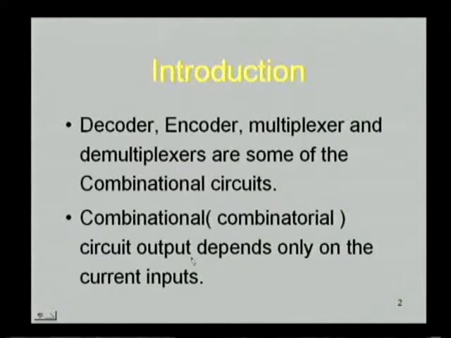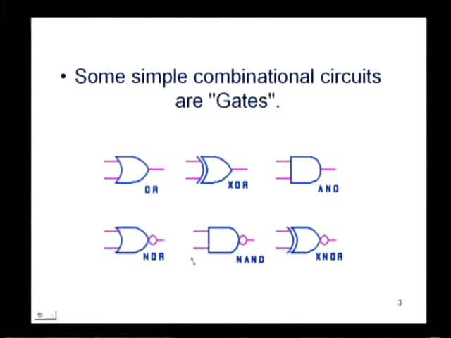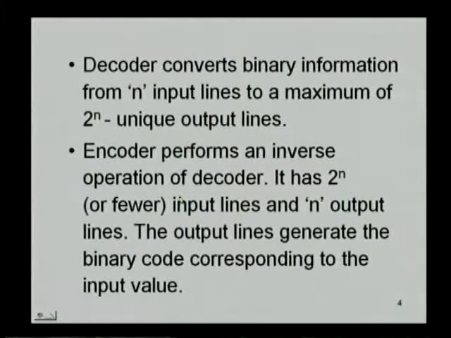The simplest combinational circuits are our gates like AND gate, OR gate, exclusive OR gate and so on, as shown in this figure. These are the simple combinational circuits. These gates' output depends purely on current inputs. Now,